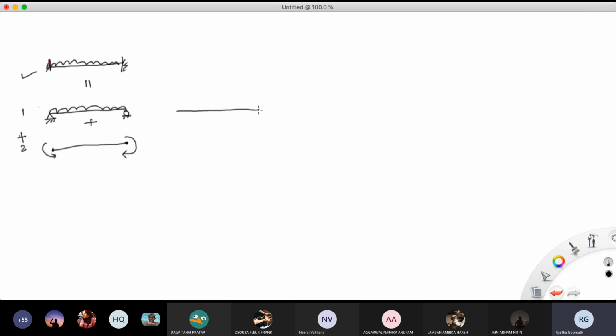Fleur, you mentioned something. I said it'll be a curve, but I don't know how it'll look. It will be a sagging or a hogging. It will be a positive or a negative one. It'll come above the axis. Yeah, it will come above the axis. It's a uniformly distributed load, so it will be a curve and it will be a parabolic curve, right? So we can आराम से draw that this is going to look like this. Okay, so this is going to be positive, sort of like a sagging thing, so it's going to be positive.